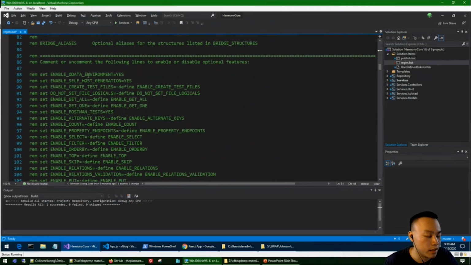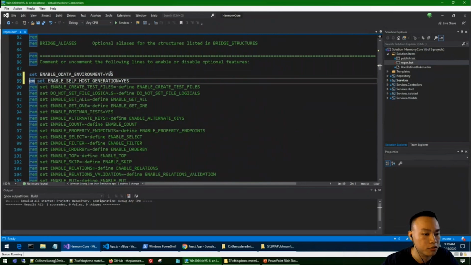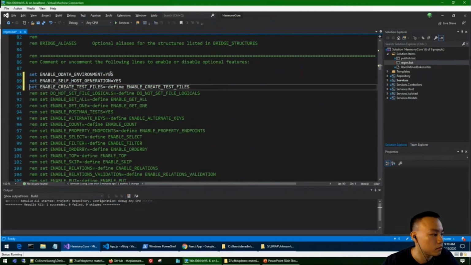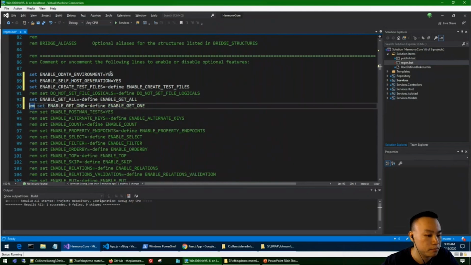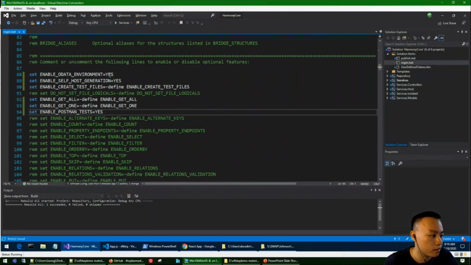And then down here are the options we need to set to enable the OData environment, self-host generation, create test files, get one, get all, and the Postman tests. Save that.